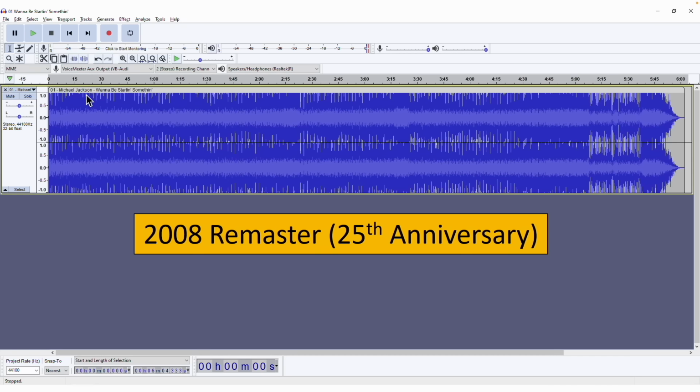Now, if we look at the 2008 remaster, which is the 25th anniversary release, you can see that this is indeed brick walled. I mean, this album is, man, it's just cranked up to the max. And if you listen to these two, which unfortunately I can't play you back to back, then you can tell a huge difference. Of course, in loudness, right? For sure. But if you turn the volume down of the remastered one to kind of emulate the loudness of the original release, you're going to immediately notice the difference in the overall weight, the punch, the emotion, the attack, the decay even of the two different versions, with the original sounding much better.